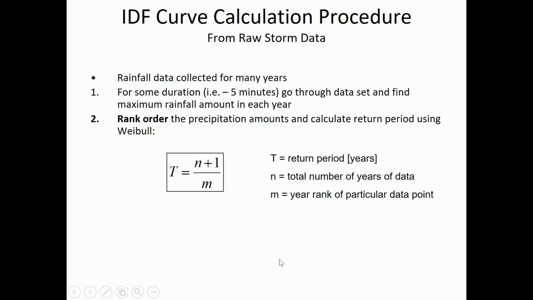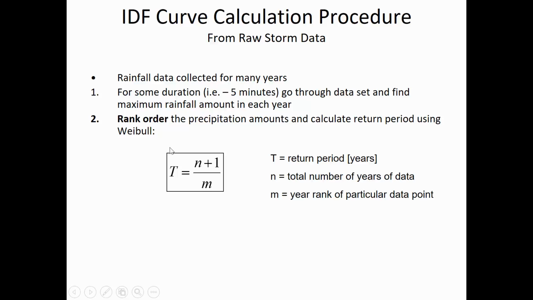The way that you create a figure like that is you go to a gauging station where they've been measuring data for a long time, and you download it from the web. Then you have to rank it. When you download rainfall data, it's usually in a .csv format, a generic tabular format that Excel can open. You can also open it with a text editor. Each row is going to be a different day. If you sort with the highest at the top and the lowest at the bottom, that rank order is going to tell you